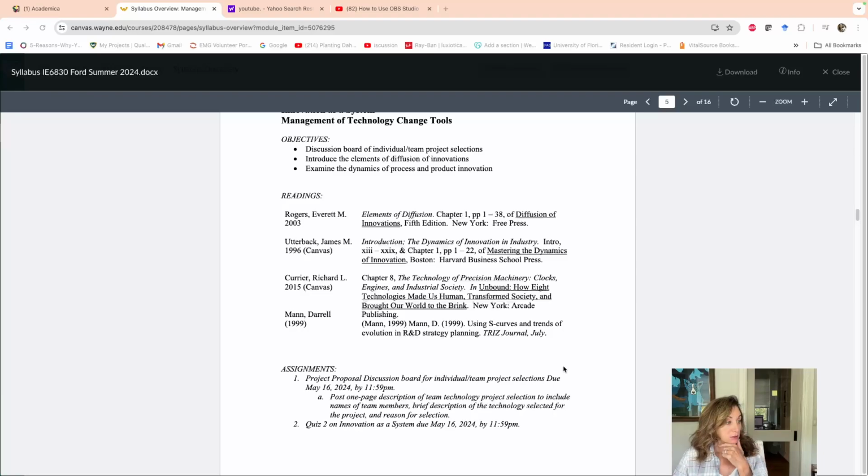Let me see. Is there anything else on this? Yeah, a 1-page description of the team technology project selection. Include the names of the team members, a brief description of the technology selected for the project, and the reason for the selection.